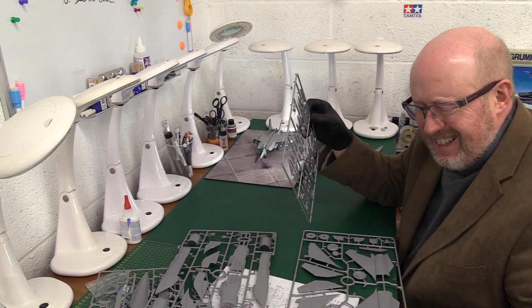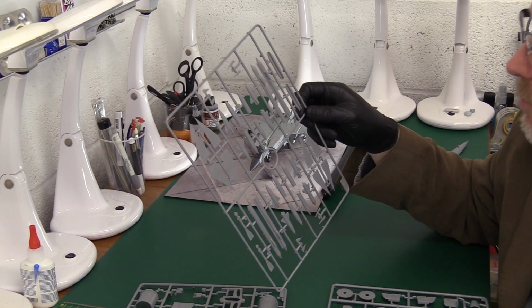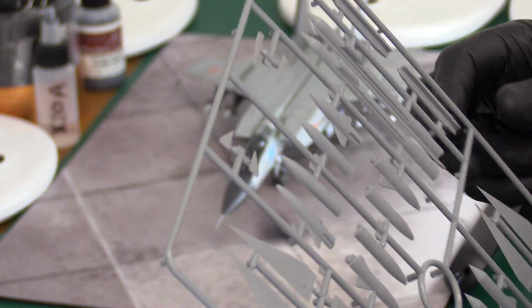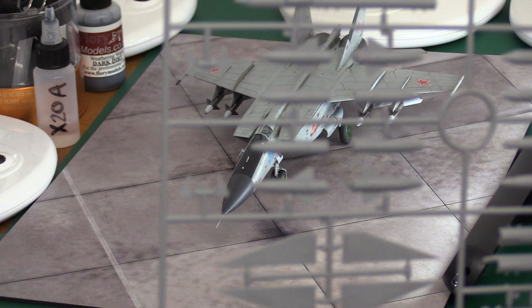Here we've got a totally different sprue design. And this is the missiles, okay? So this is the Acrid missiles. Now look at this. Instead of having this bizarre 4-piece design, this is more conventional, I have to say. So we've got,